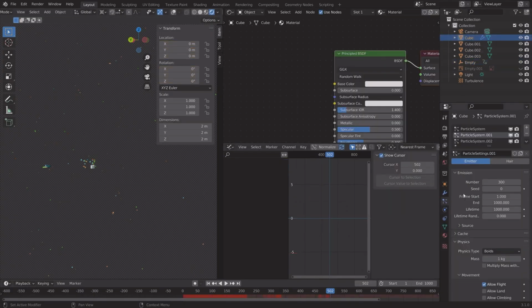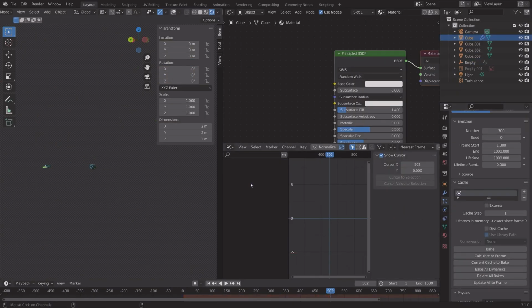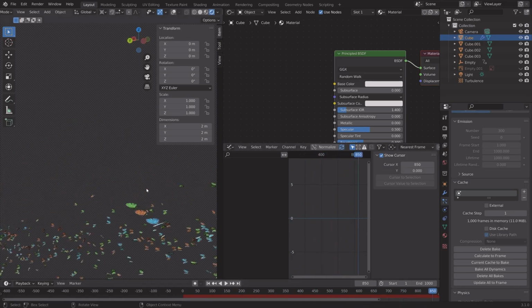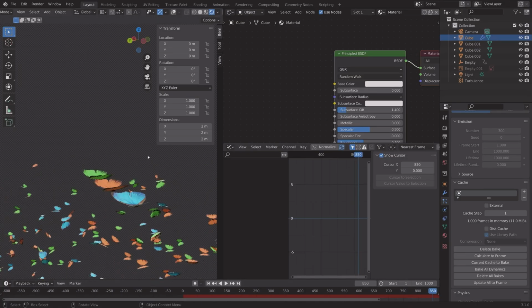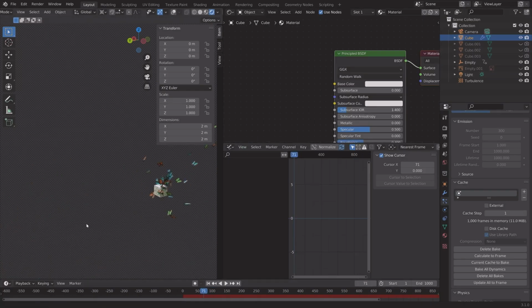And then for the particle system, we're going to bake the new simulation. So click bake and bake all dynamics so that we get all of the different particle systems. And as you can see, we can now control the butterflies and where they go. And then next, we can hide the butterflies so that we only get the butterflies from the particle systems. And if you want to hide the emitter cube, you can do that